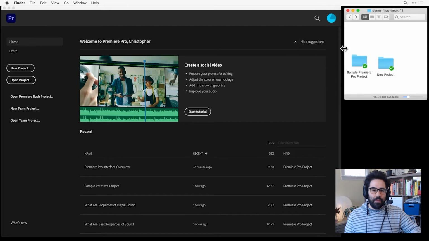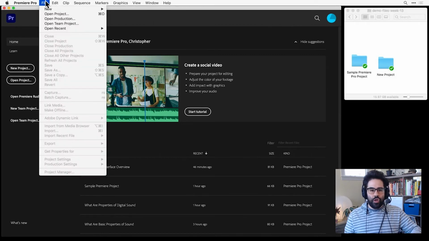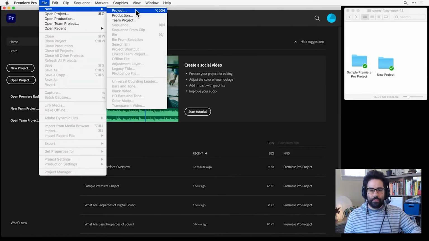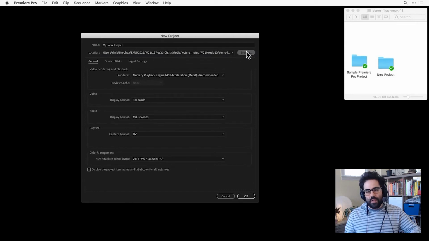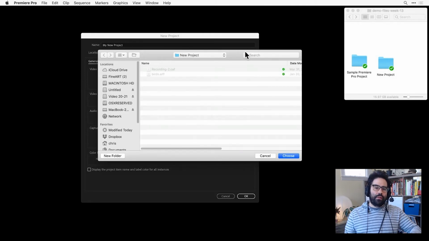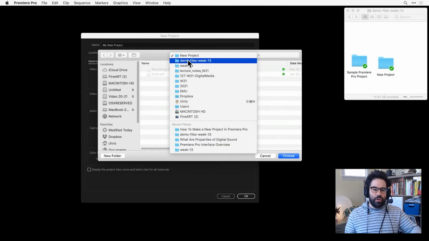Now let's jump to Premiere, and we'll click File, New, Project from the menu bar. Here I'll set a name for my project, and I'll call this My New Project. Then to set a location, I'll go ahead and click Browse and search for that new project folder that I